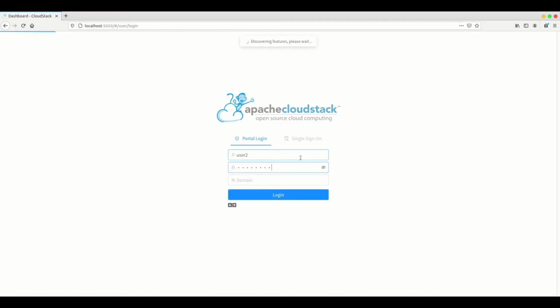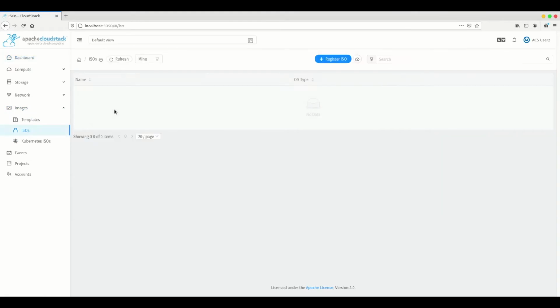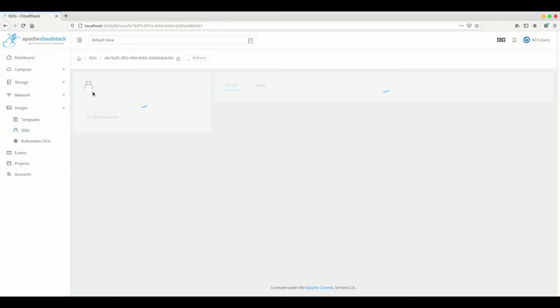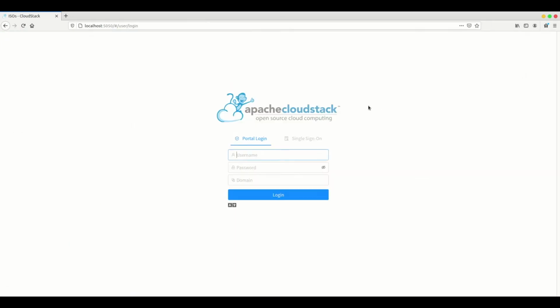In this example, what I have done previously is sharing the ISO from user in the account 1 to account 2. So logged in as user 2 in account 2, I can go to the shared ISOs and I will see the shared ISO from the other user. You will also notice that the user which received the shared ISO does not have any permissions to modify the ISO permissions. So if I log out and log in as the administrator, we'll see that the administrators can set